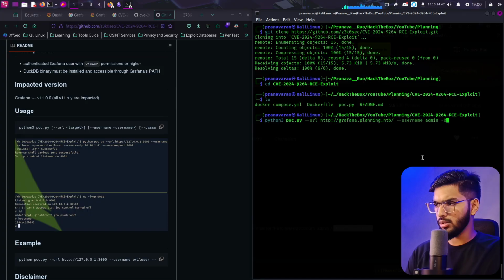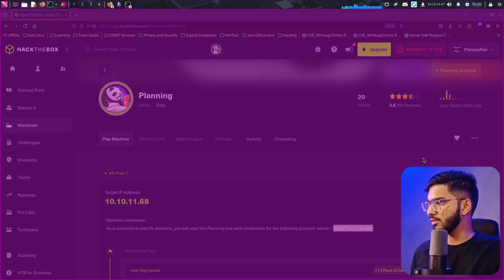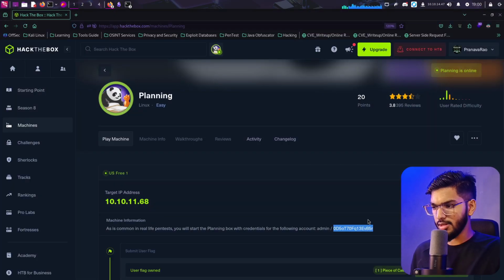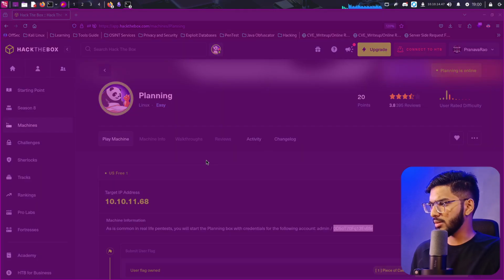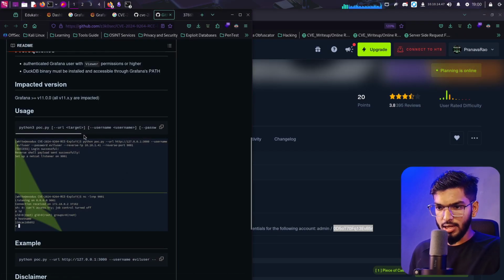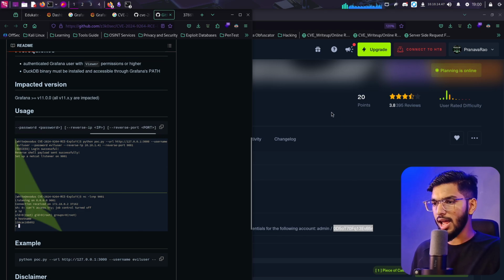Then the password to that username. That password is given to us in this page itself, and paste it there. What else do we need from this site? Once the password is given to us, we need to give the reverse IP, which is our IP as an